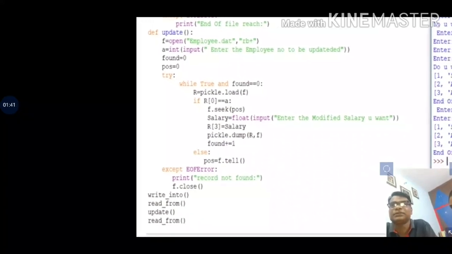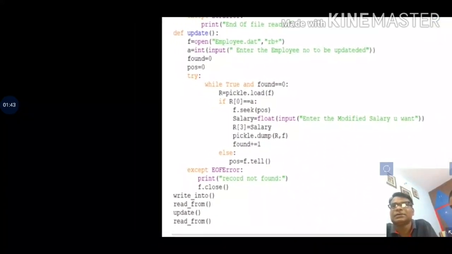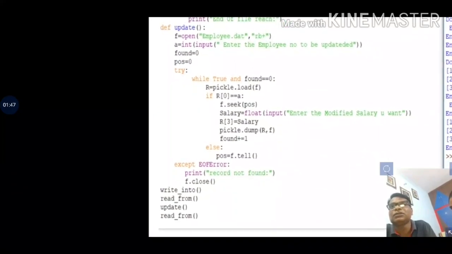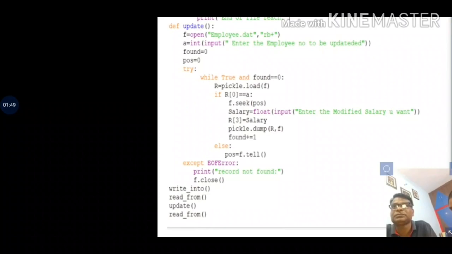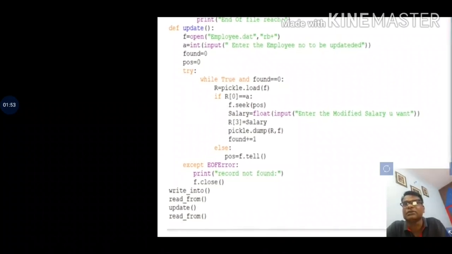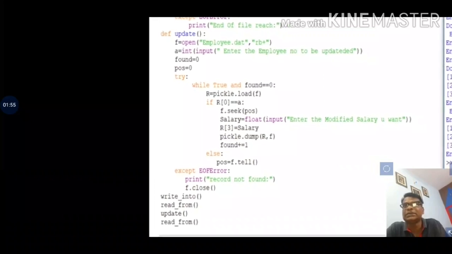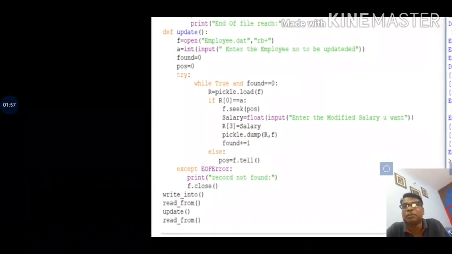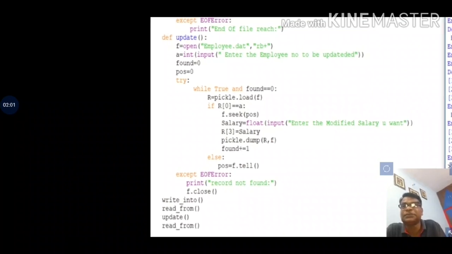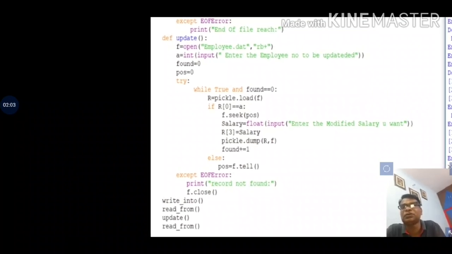Updating means what? Updating means you want to update the existing records, any record by any field. That means you have to input which employee number you want to update and which field you want to update.